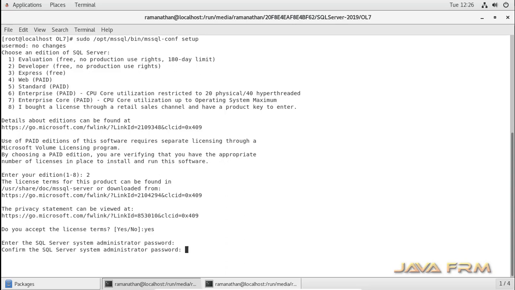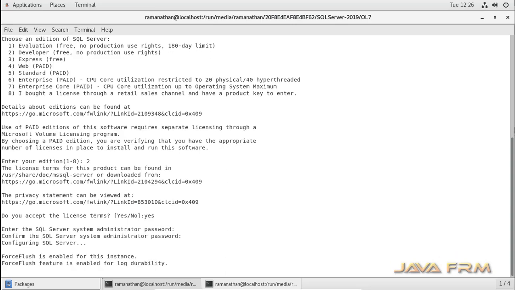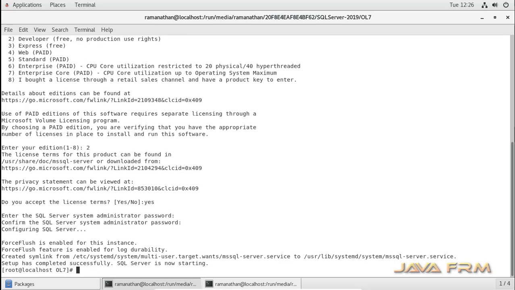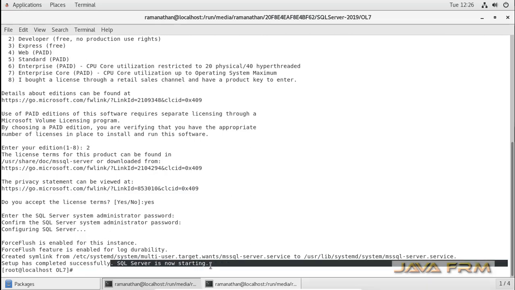Now you can see that SQL Server 2019 is getting installed. Yes, the SQL Server 2019 installation is successful, and you can see that the instance is starting now.